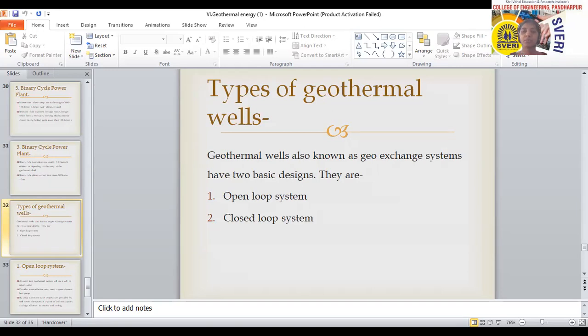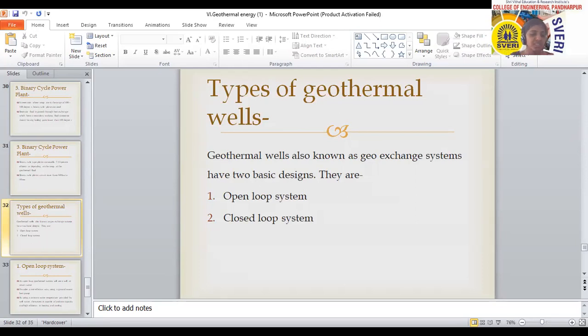And if the water coming from that source is at constant temperature, the system has uniform capacity. The capacity of the system is uniform and it has high efficiency in heating and cooling also. The cooling of the system is the same and the heating is also the same. So in case of the open loop system, that water is not returned back to that system.